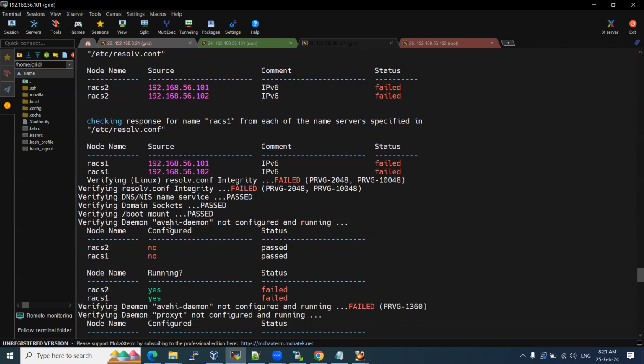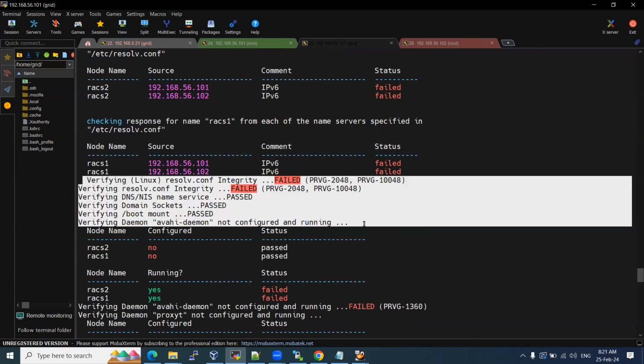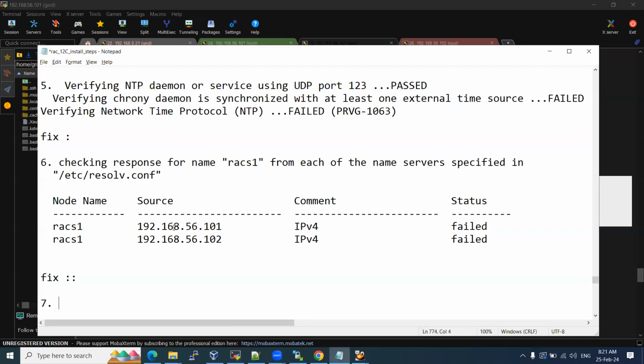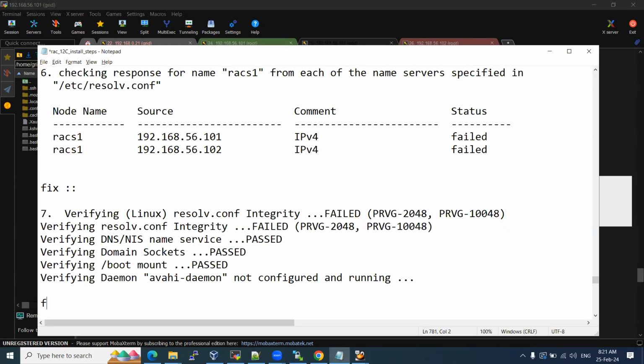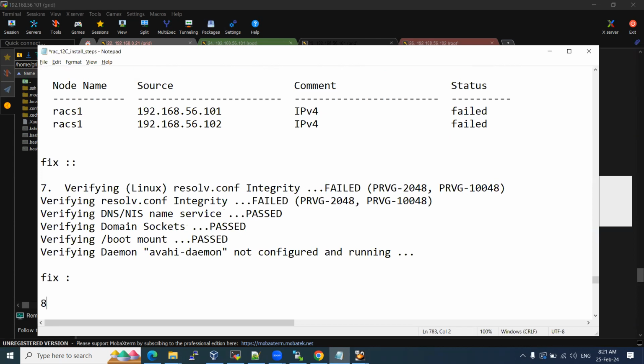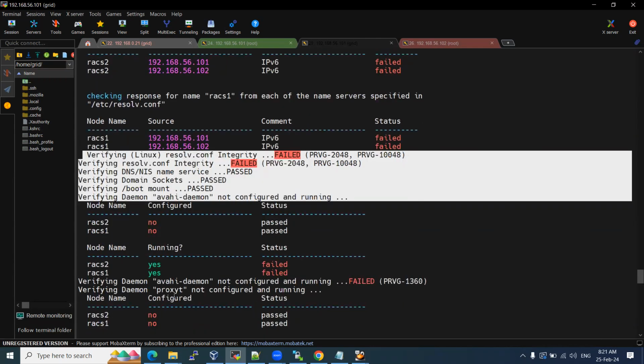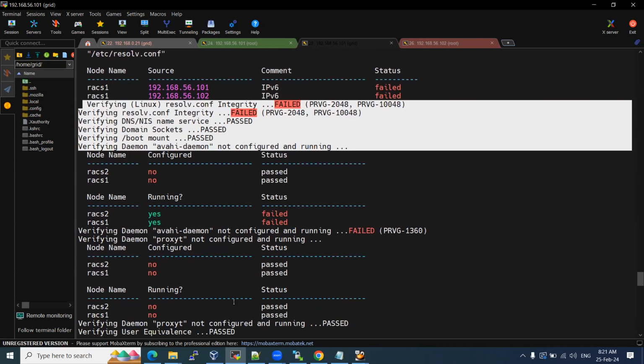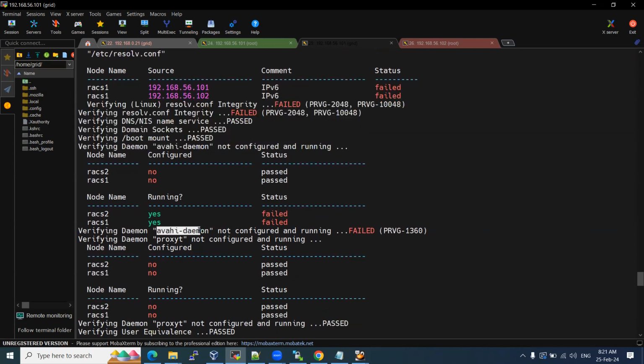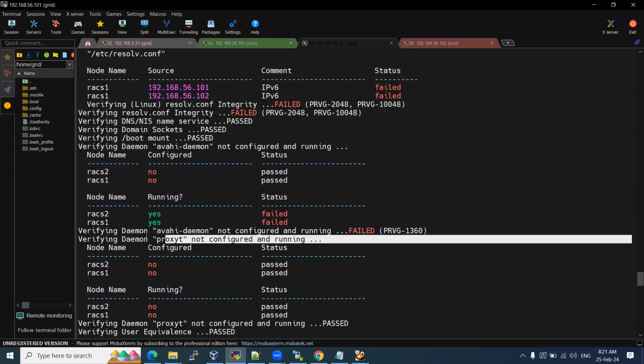This is one thing where we are going to avoid it. The AVH daemon package is there. It is not required. If you want to download it, you can download and then do that, but it is not required. Let me check this error also. This daemon is required, but it is not required. But yeah,